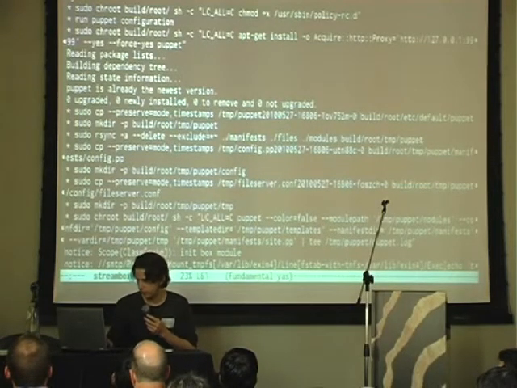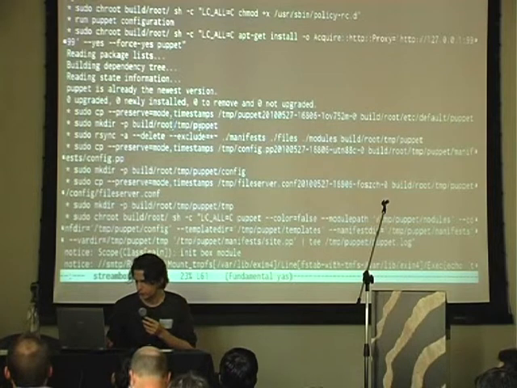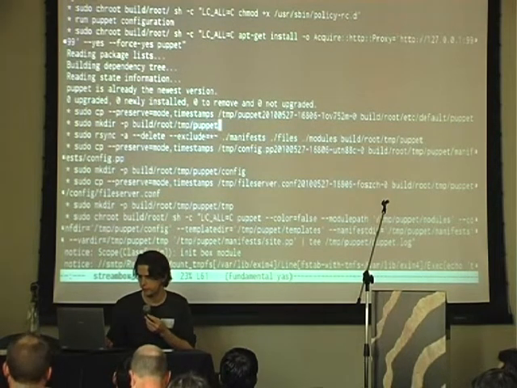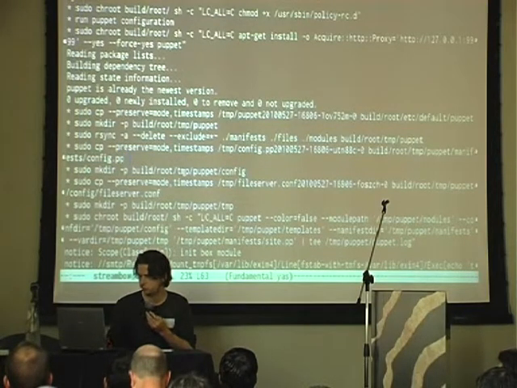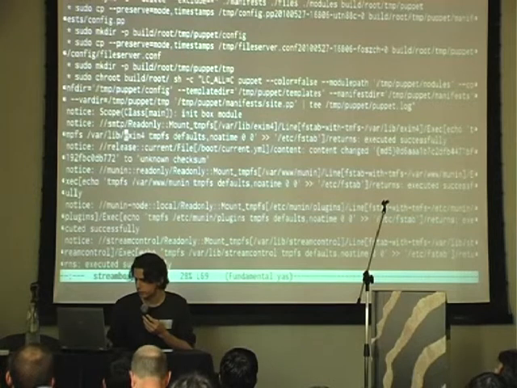And then this is the Puppet configurator. We're creating an empty directory in the chroot environment, and we copy all the Puppet files in a temp directory, and we run a small piece of command line, something like that.